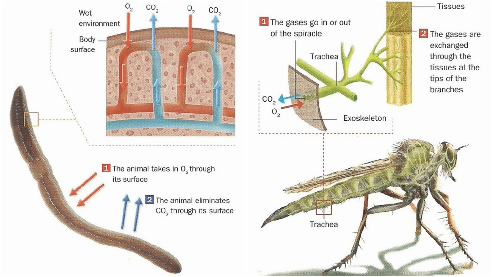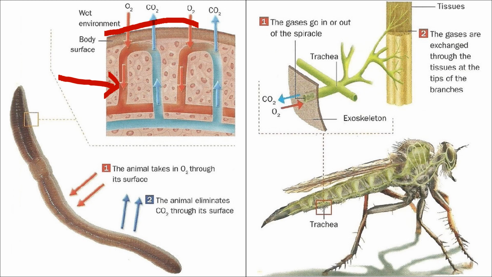Let's look at the example of an animal for skin breathing. We have earthworm. Look at the capillaries just underneath the skin. That is why this kind of animal can only survive in a damp habitat in order to keep their skin moist